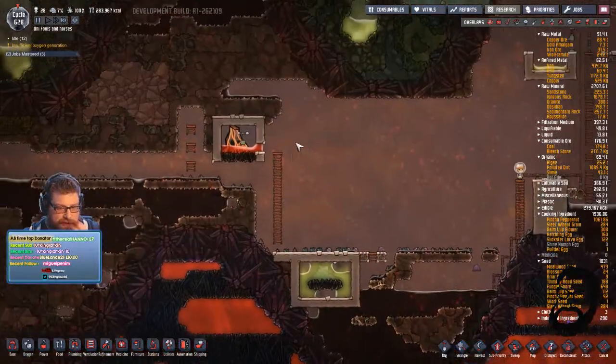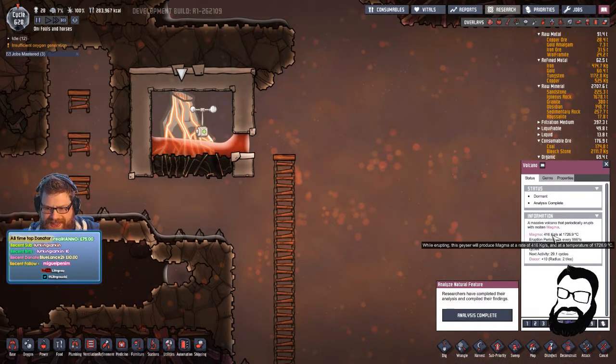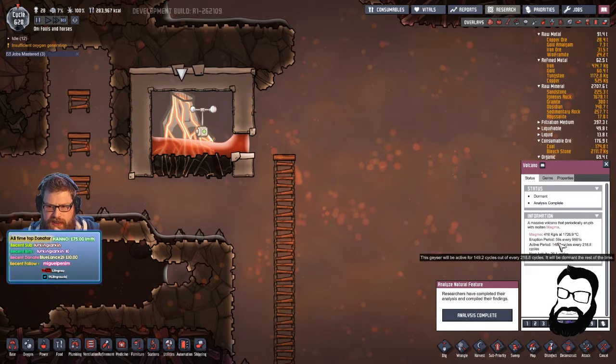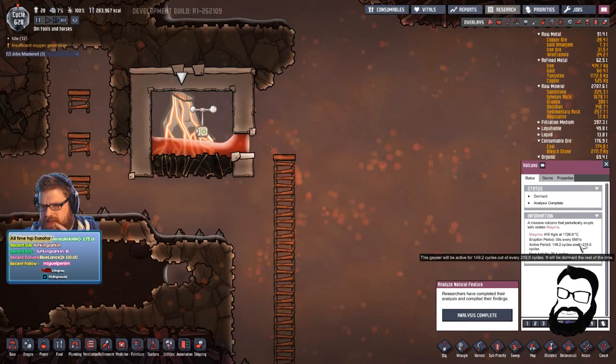So, that is sort of what we're going to do here. Our volcano is 416 kilograms a second, so it's actually more than the one we had in debug. But it erupts for 59 seconds, so it's probably slightly less throughput. Every 9,981 seconds, so it's about 15 cycles again? 600 seconds in a cycle? I don't know, look at maths. Calculator. 9,800 divided by 600. 16 cycles-ish. Every 16 cycles we'll get an eruption of...